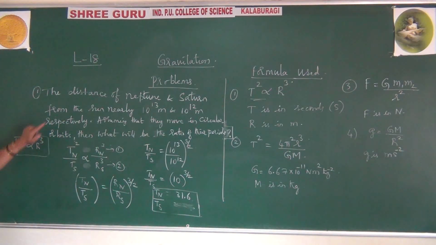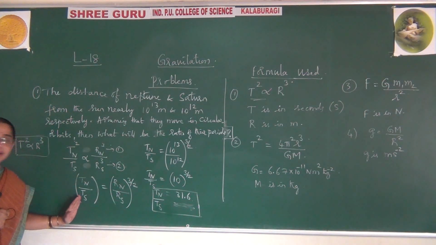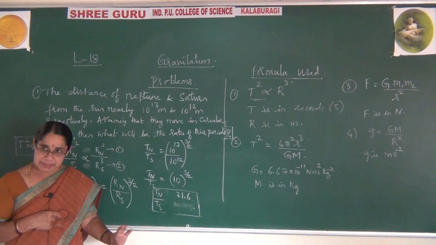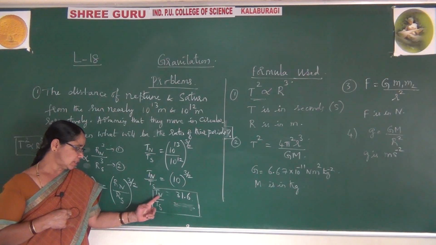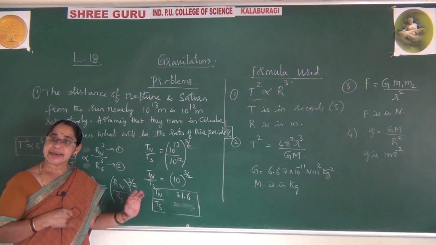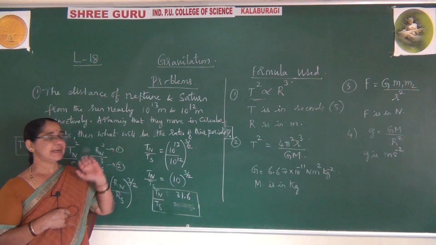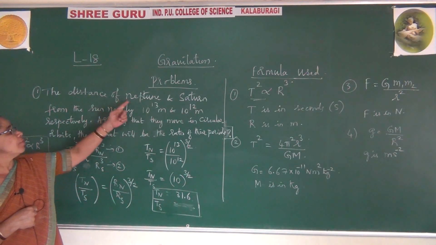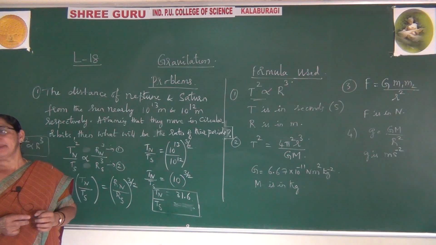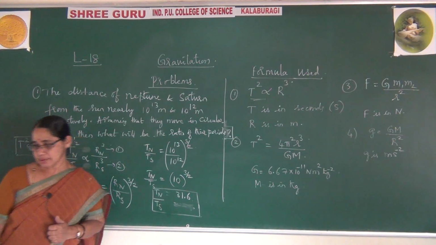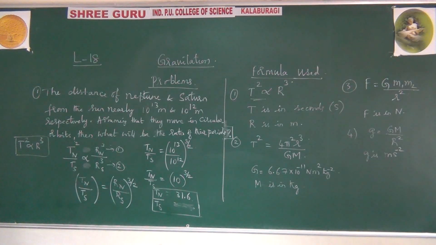So, very simple. They have given 2 planets and 2 distances, and they are asking to calculate the time period. We have written the ratios, and finally we got the answer. But this is only a number. You do not have units, because it is already a ratio. It gets cancelled. Hope you understood this. Similar type, I will solve one more problem of this, then you will understand very easily. Okay? Let me go for the second problem.